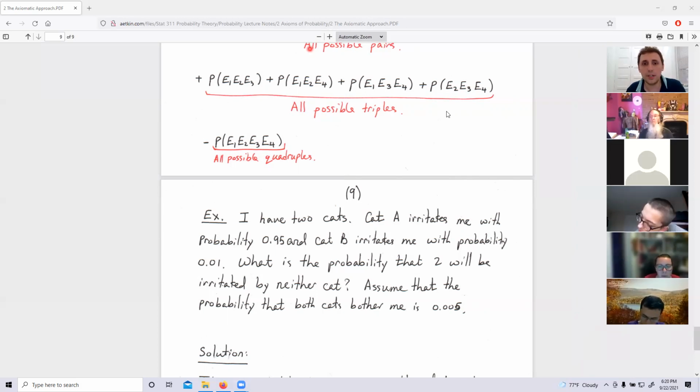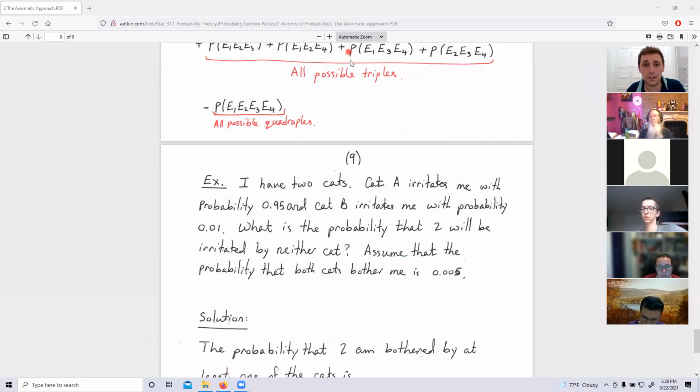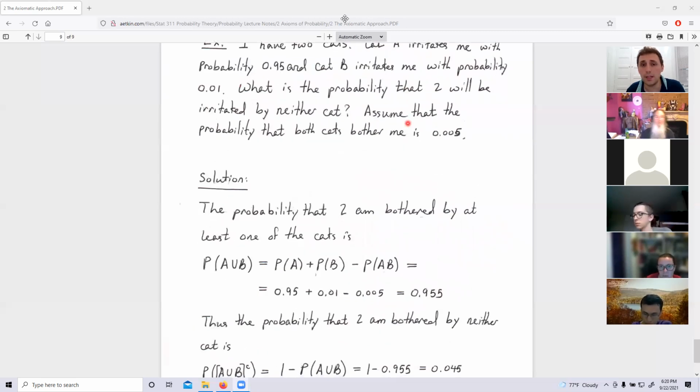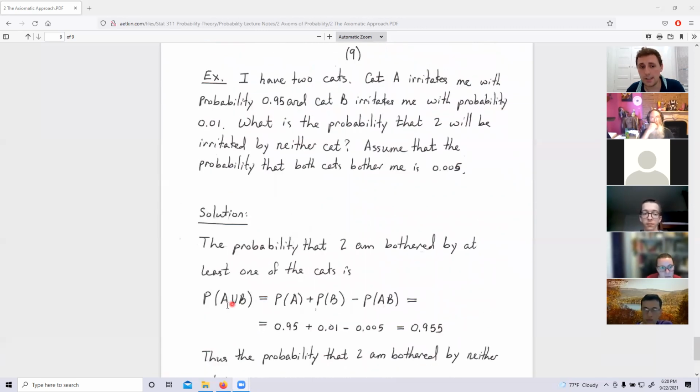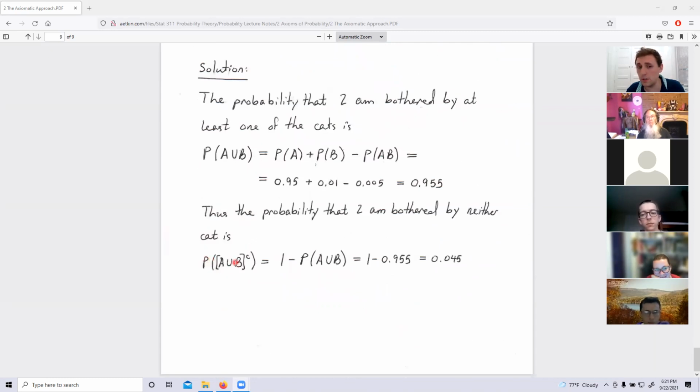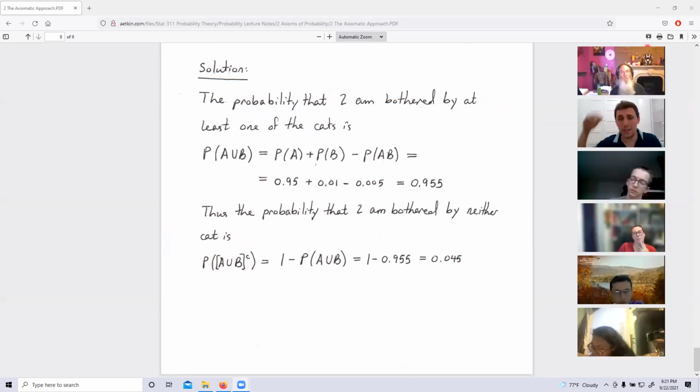All right, we're hopefully ready enough, guys. It's a simple question. Yes, very good. You're much faster than me at those questions, I see. So here is the situation, guys. First of all, the probability that I will be annoyed by at least one cat is probability A union B, which is probability A plus probability B minus probability A B. And that happens to be this number here. And the probability I'll be annoyed by neither is the complement of the union, which is 1 minus the union, which is this number, yes? And this concludes this lecture, and now we can move on to combinatorial analysis again, twice.